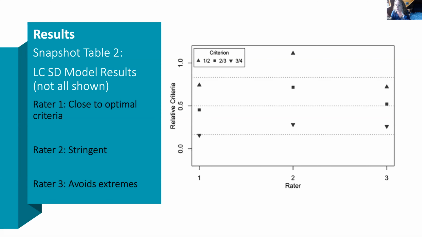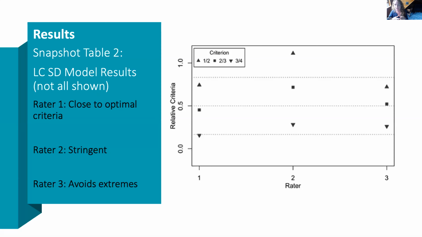I'm discerning between category 1 and 2 versus category 2 and 3 versus category 3 and 4, right? Because that's what you have to decide. There are those decision points, right? The dotted horizontal lines represent kind of the optimal cuts, if you will, that would maximize the reliability of the ratings.